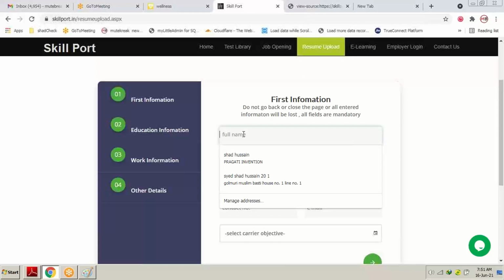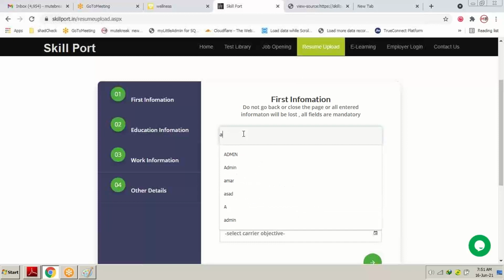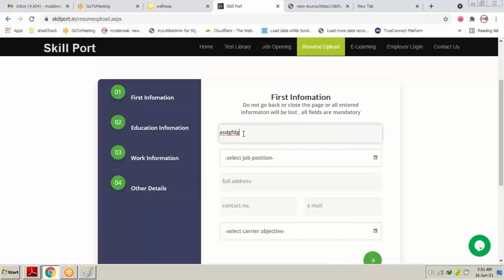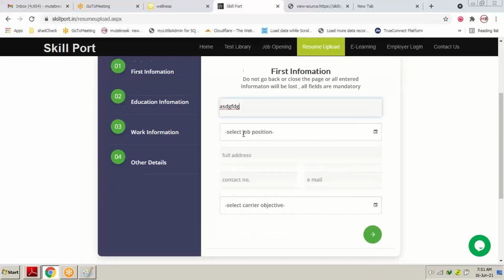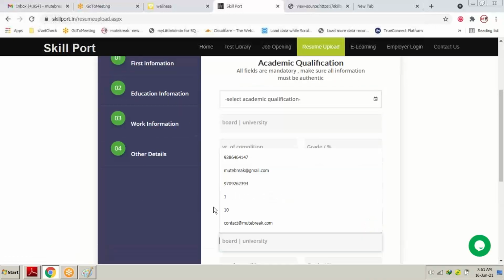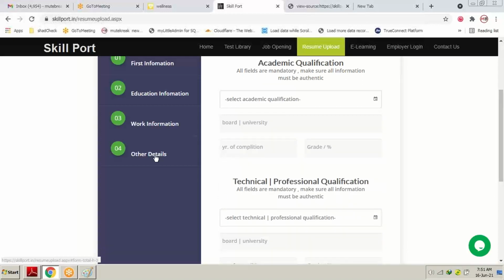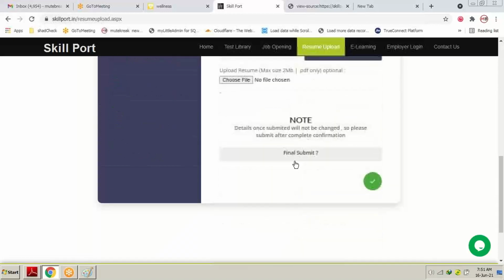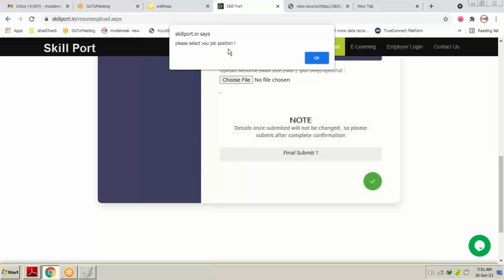Why is this alert box appearing? Because the full name text box is empty. Now, if I put something and leave everything else as it is, and go to the last page and press final submit, it shows me, please select your job position.